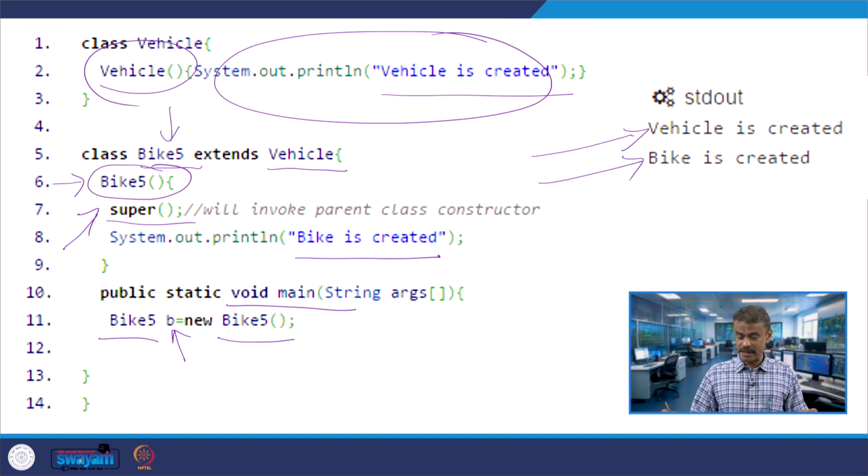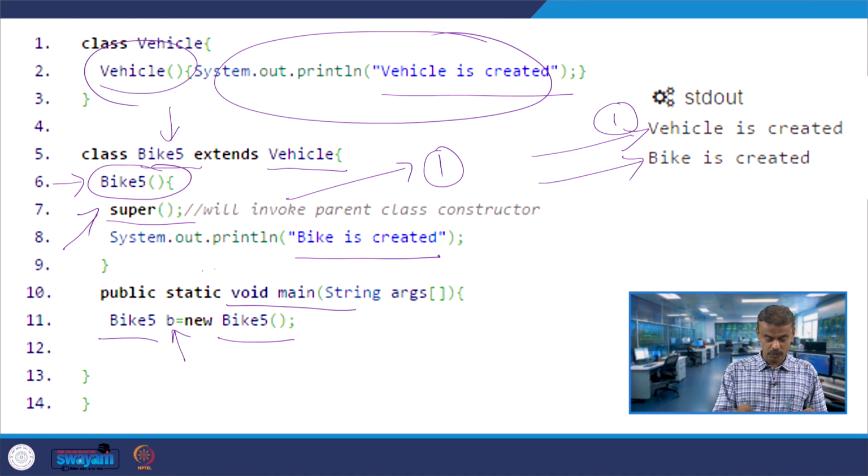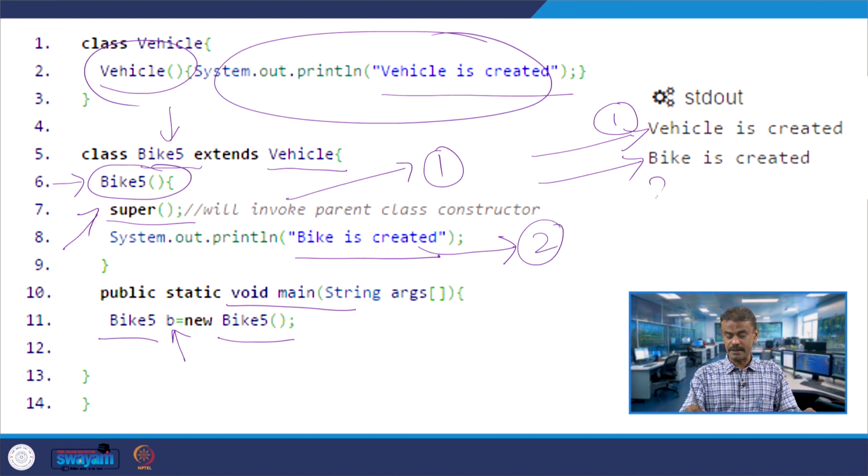Therefore you get "Vehicle is created" first, and then the System.out.println under Bike5 prints "Bike is created". I hope it is clear.